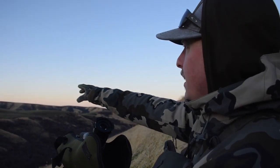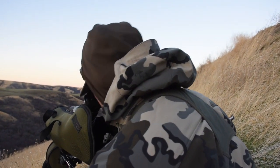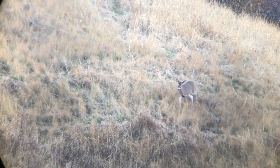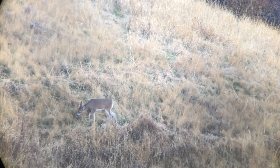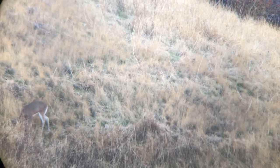Kind of keep an eye if we can on the edge of this field right here, because those does keep looking back up there. It could be a buck that was pushing them, but at least we got in here and we've seen now what, 5 deer? Yeah, 5 or 6. One little buck here. He's actually coming closer to us. We'll see if we can get some digi for you. Yeah. I lost that